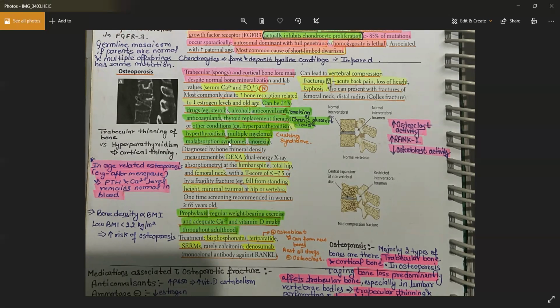Now, another thing you can do for diagnosing osteoporosis is the DEXA scan. A scan with a score of less than minus 2.5 means you have osteoporosis and are very prone to rupture of the